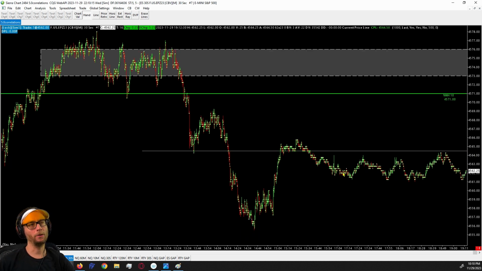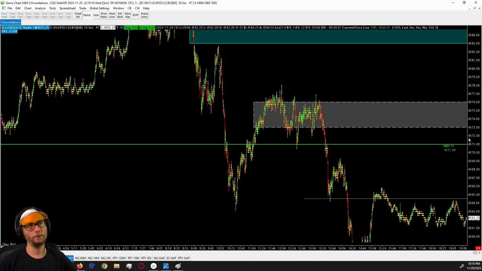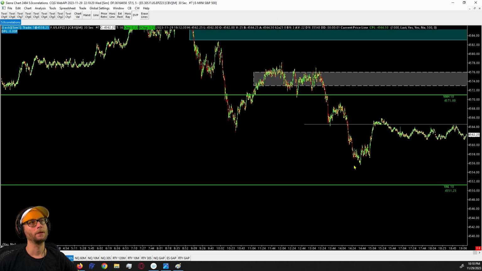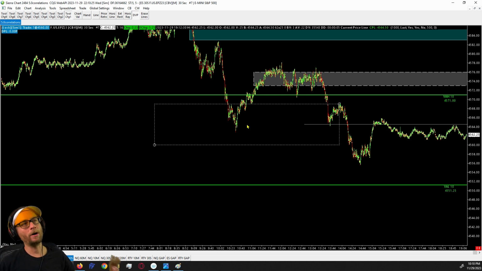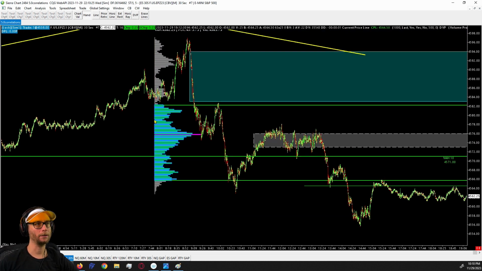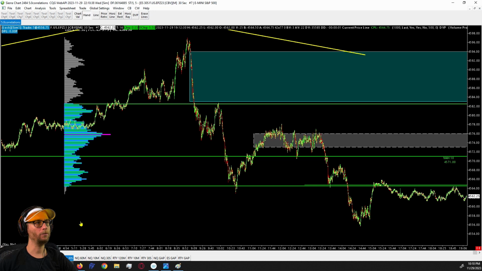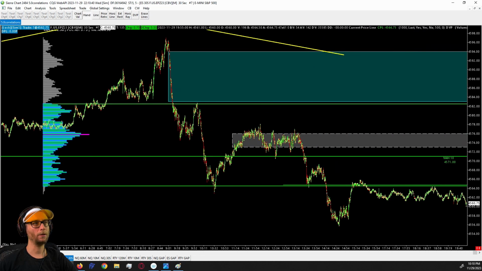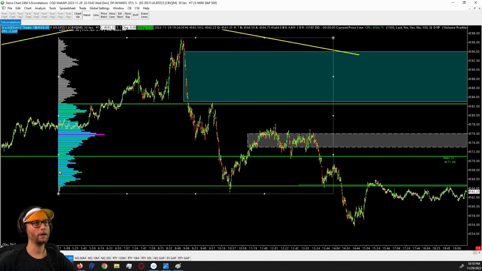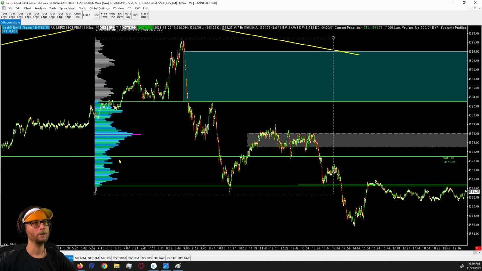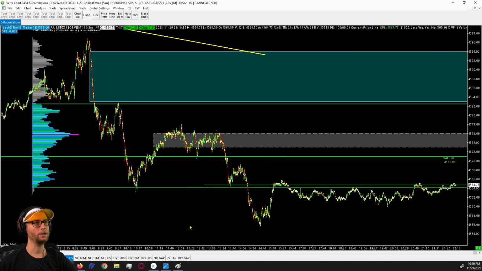So let me show you a little bit more on the execution end of this. Okay. Up until this point, right? So this is how I like to backtest things, is just draw the profile. What did the profile look like at that time? Now, in my opinion, for this profile, I want to use more than RTH. I don't remember how far back I wanted to go. I think I had it about in that region.